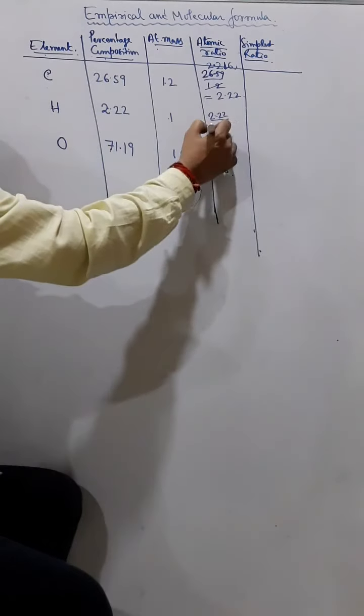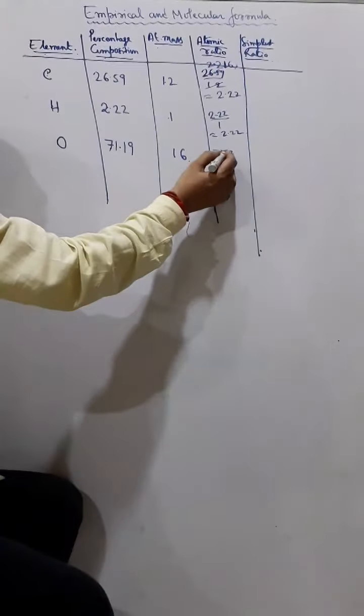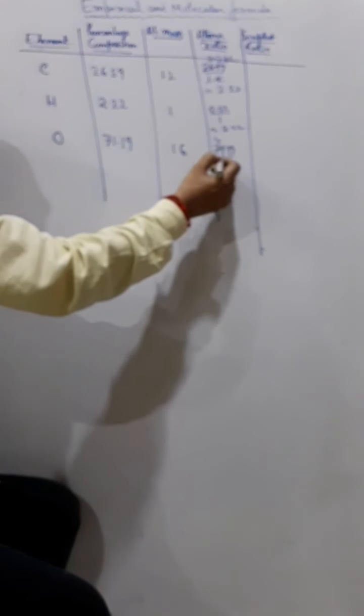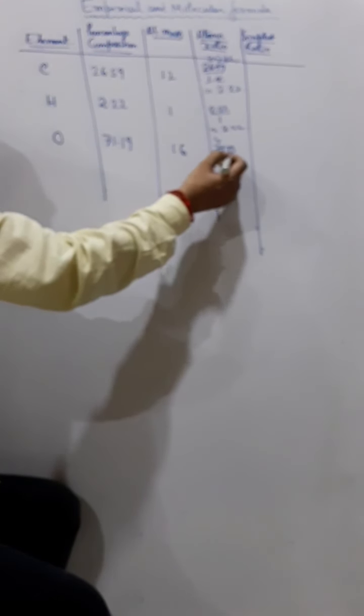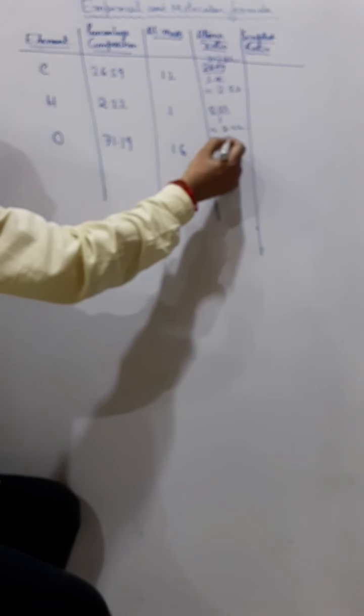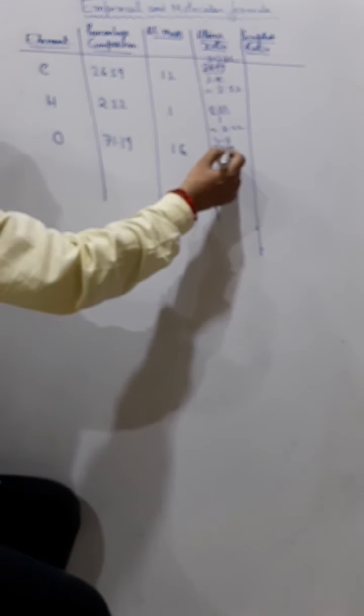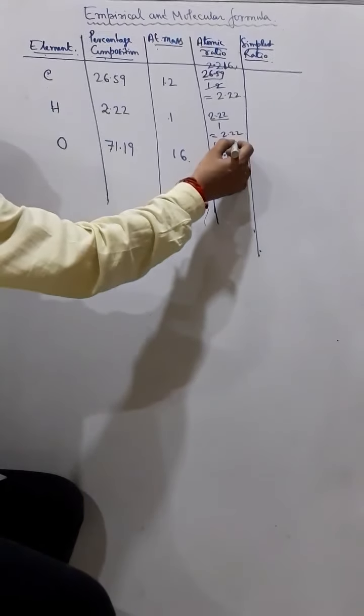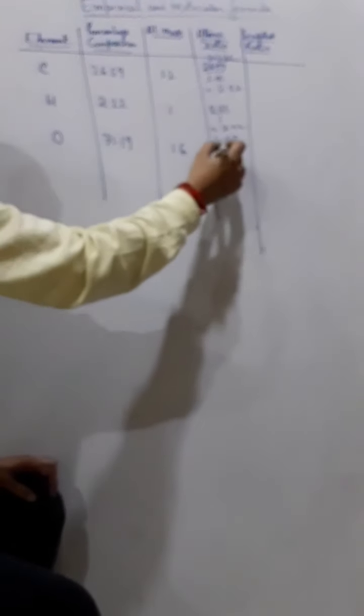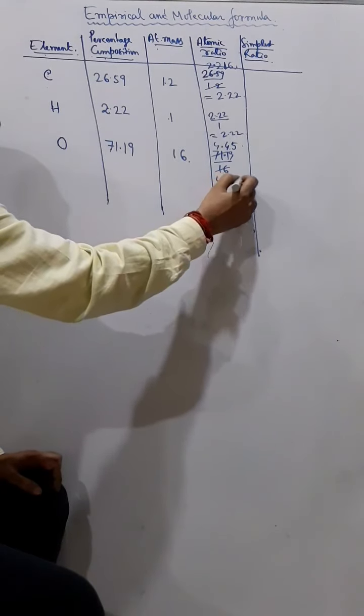Now 2.22 by 1, that you will get as 2.22, and here you can see 71, so 16 fours are 64, then again 7 left, then you are getting 71, again here is a point, so you can keep a point here, again 16 fours are 64, again 7 left, 79, and we are getting 16 fives are 80 more or less. So in fact we will get 4.45. Okay, so finally here we are getting 4.45.